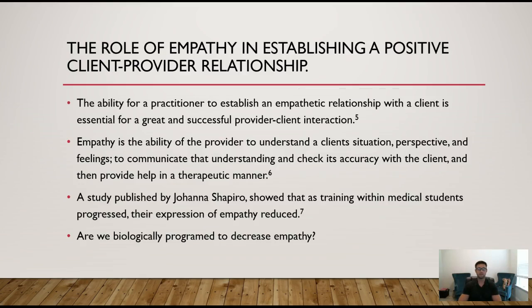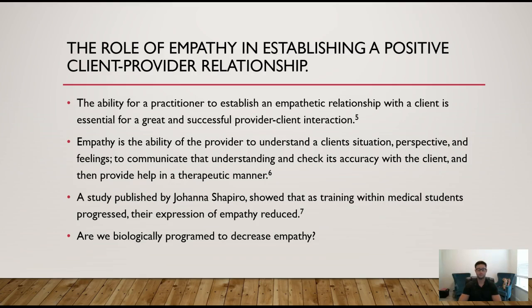So, what is the role of empathy in establishing a positive client-provider relationship? Well, first, we need to look at empathy as the ability for the provider to understand a client's situation, their perspective, and feelings. They need to be able to communicate that understanding and check its accuracy with the clients and then provide help in a therapeutic manner. Right? So the ability for a practitioner to establish an empathetic relationship with a client is essential for a great and